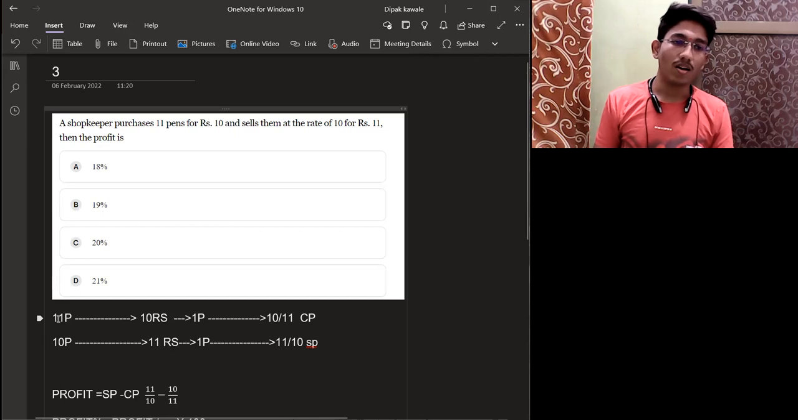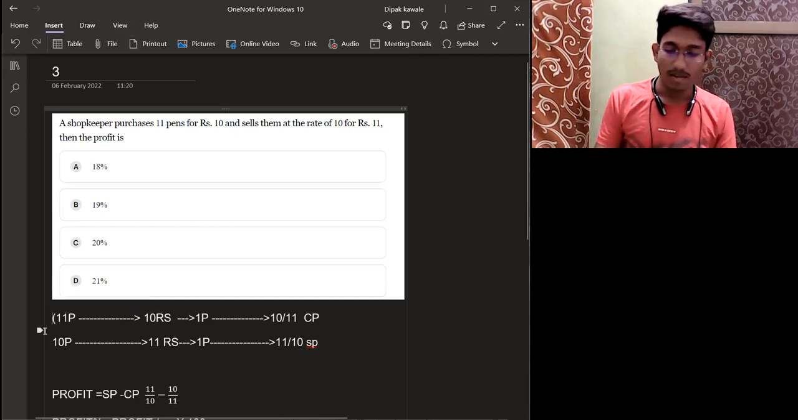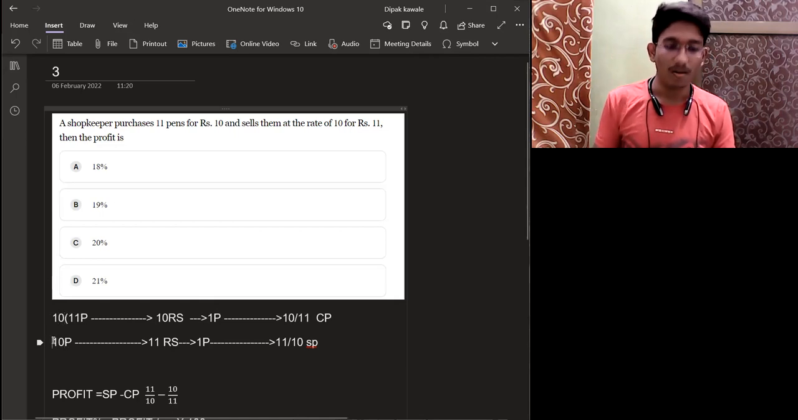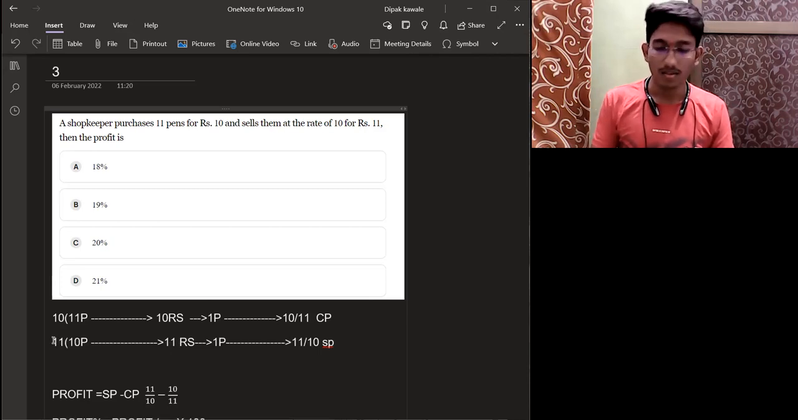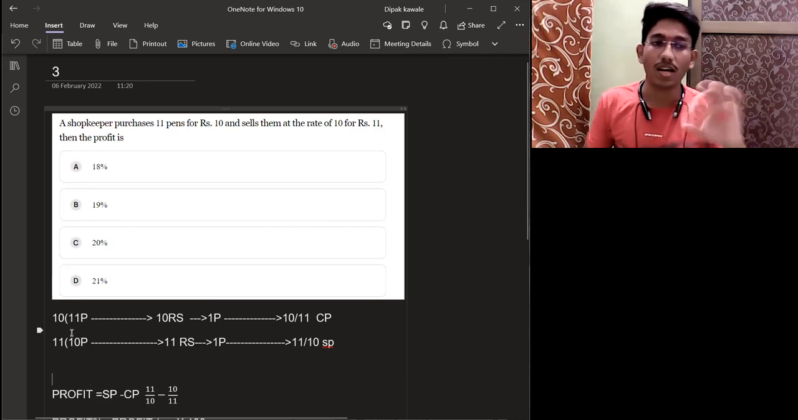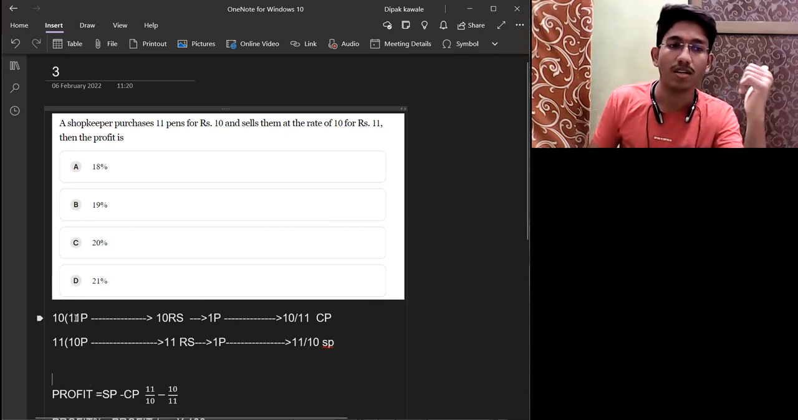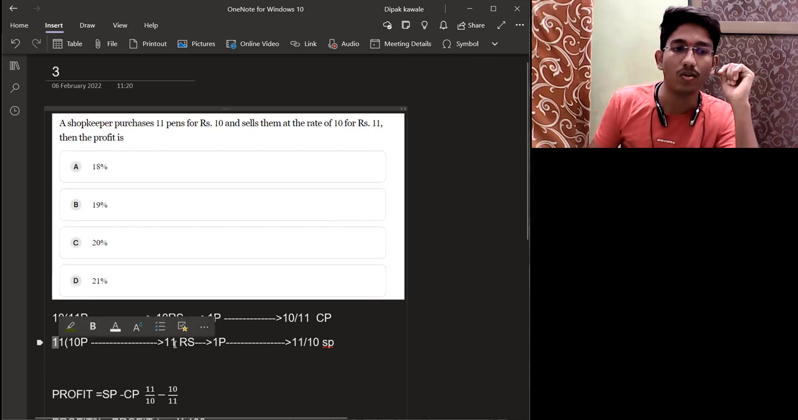So if I observe, my 11 tens are 110 and my 10 multiplied by 11 is 110. Okay, that means now my value of pens is the same, 110 pens and 110 pens. Are you understanding? 10 multiplied by 11 is 110, and 11 multiplied by 10 is 110. That means I have to multiply this 11 to this. That means my value will now become